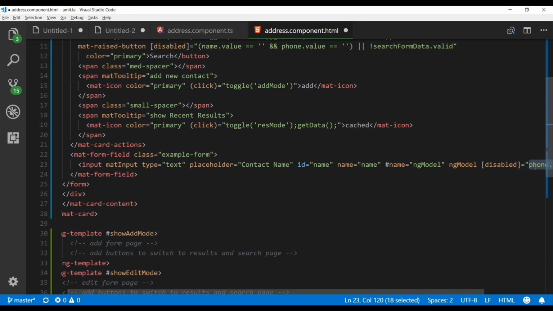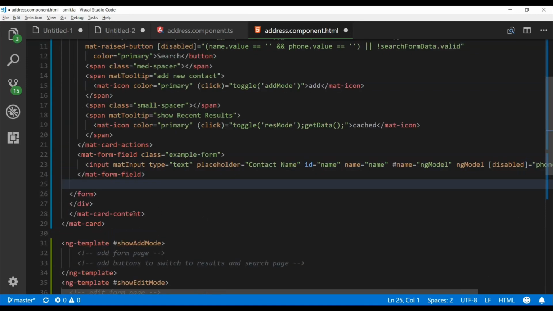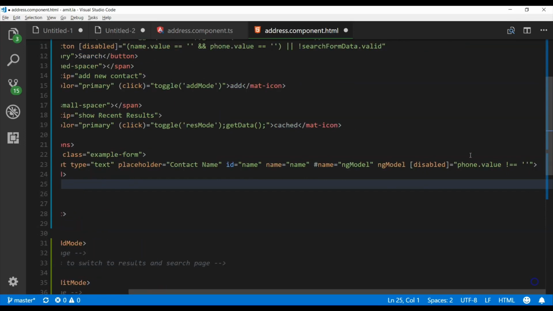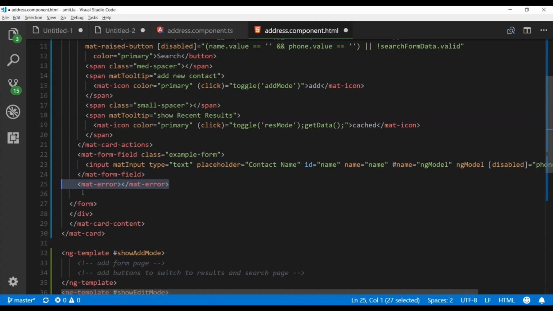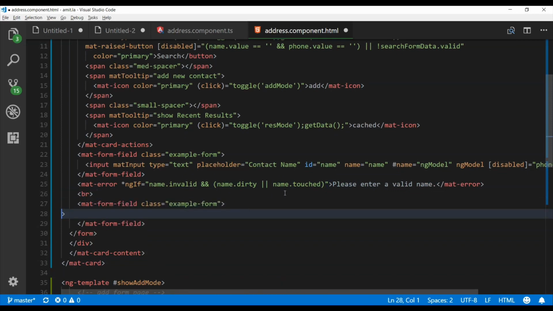And here, as you can see, the name will be disabled if the phone value is not equal to blank. So that means there are two different ways user can search: by name or by phone number. If the phone number is entered, I do not want to give that option to the username. Again, it's up to you. If you want to search by both things, like username and phone number, please feel free to do that. All right. So I just include a couple of the error validation for the name field,